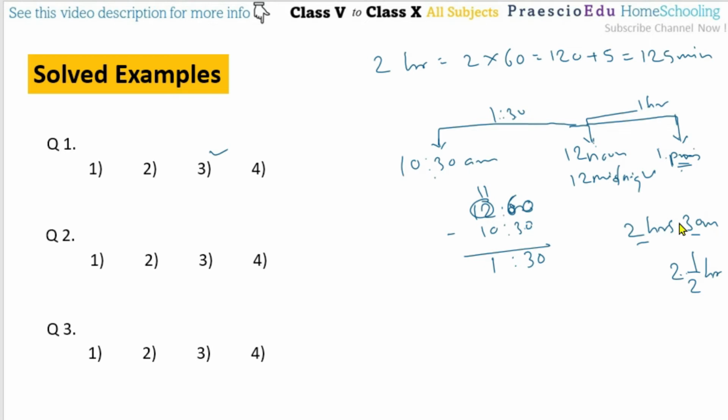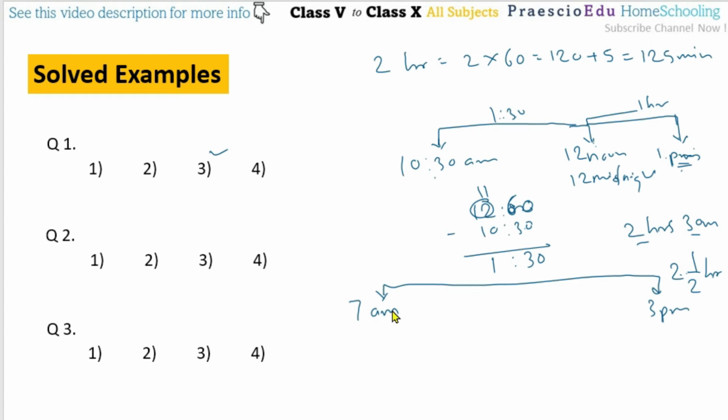Now question number 3, a bus started at 7 in the morning. 7 in the morning means that is 7 a.m. and reached its destination at 3 in the afternoon, so 3 p.m. I just note down here, so from here to here. Okay, so now the bus halted for 15 minutes after every 2 hours. What is the actual time taken by the bus to cover the distance?